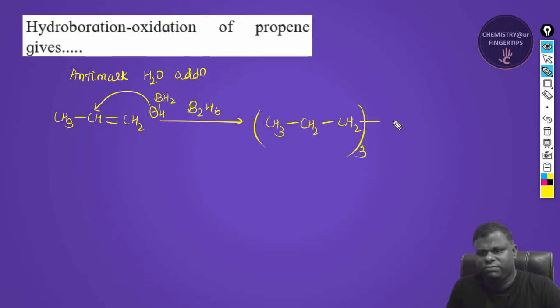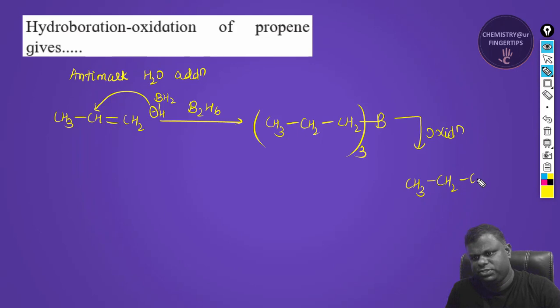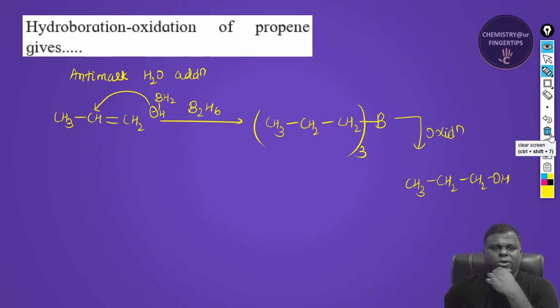and then what I'm going to write is 3 times, because you will be taking 3 moles of this, and I'm going to write a B over here, and then this will undergo oxidation, as a result of which you will be getting CH3CH2CH2OH, right? The detailed mechanism you can actually find in one of the videos of my channel. You can also refer to the Udemy videos which I have for this particular topic for getting a detailed explanation about all the important reactions.